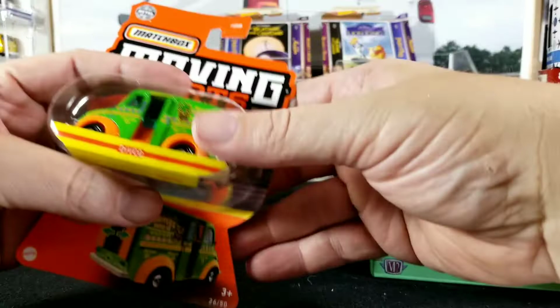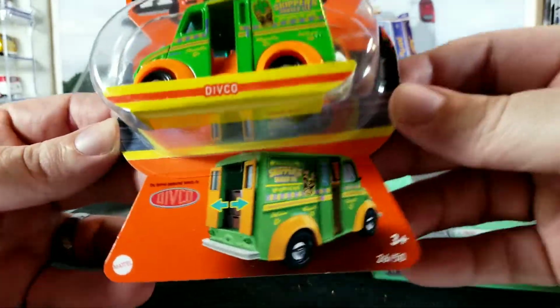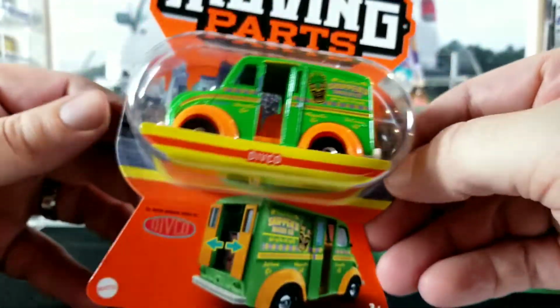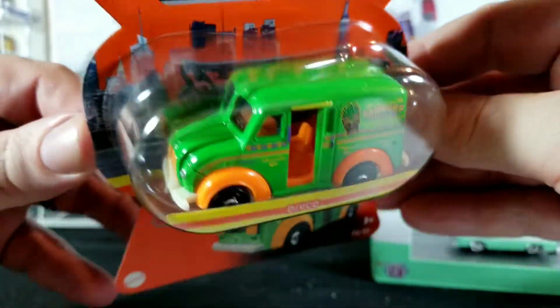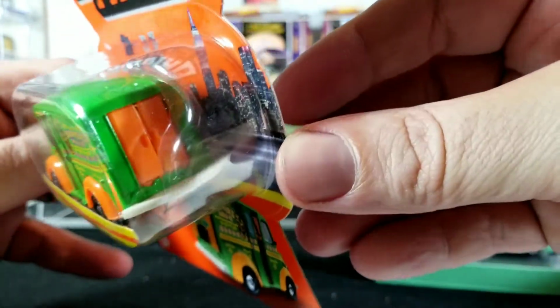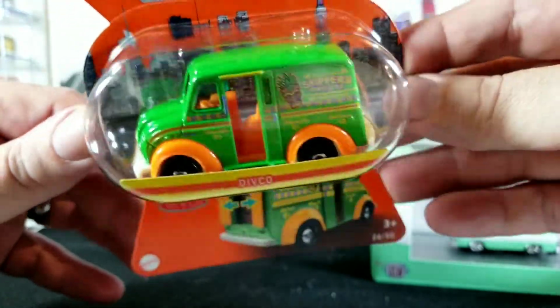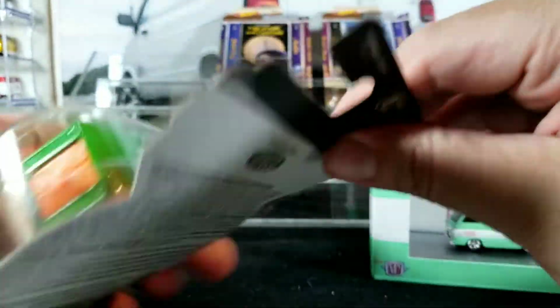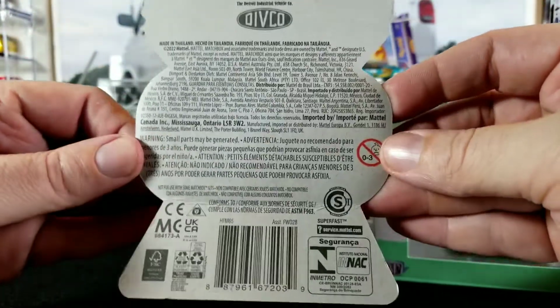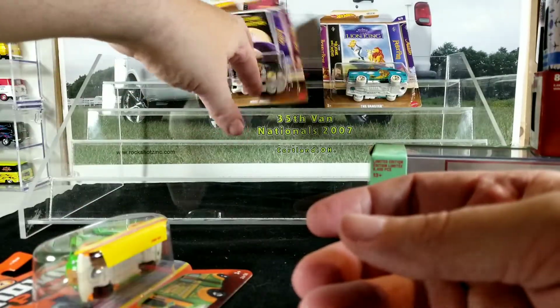Here's another Matchbox Moving Parts livery on the fairly recent Divco, like a milk truck. I collect this casting. It's got the rear doors that open. The side doors don't. So we'll tear that open and check it out. And then we got a couple of these Hot Wheels